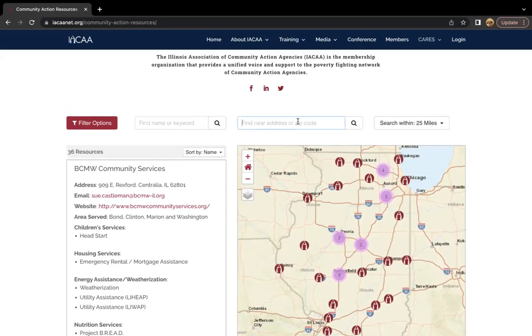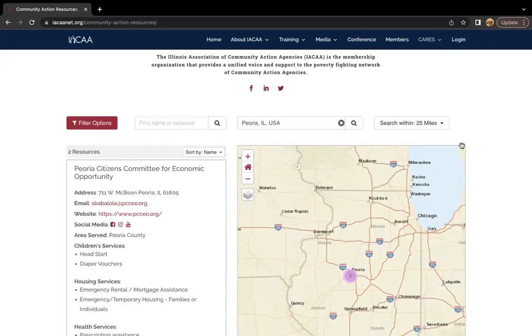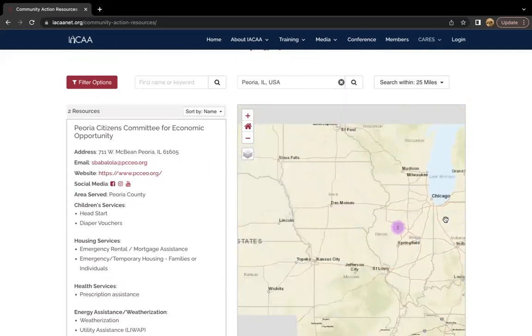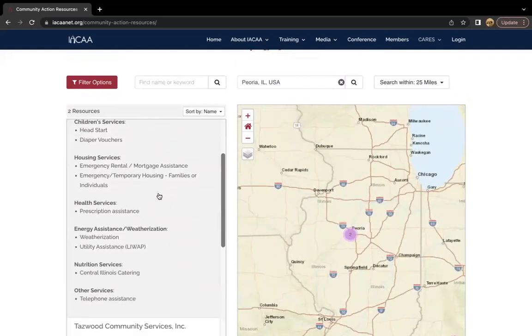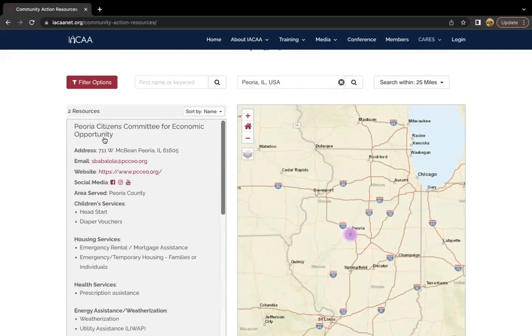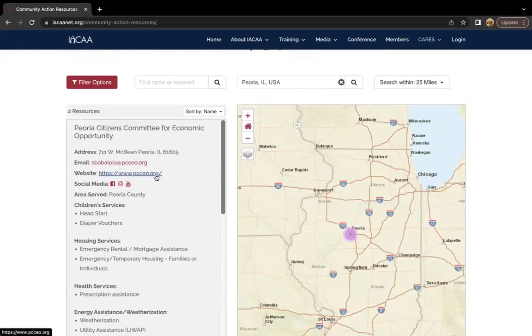Let's say we're working at the Peoria Citizens Committee for Economic Opportunity, right? And for this example, I'm going to go ahead and search for Peoria here. And as you can see, when I searched my location, it filtered down my resource list to my two community action agencies that are near Peoria.